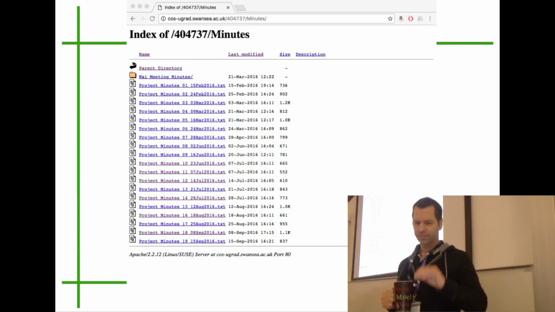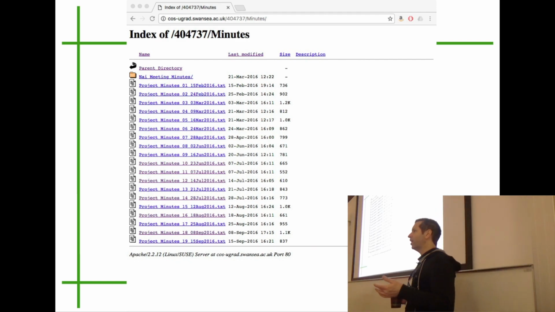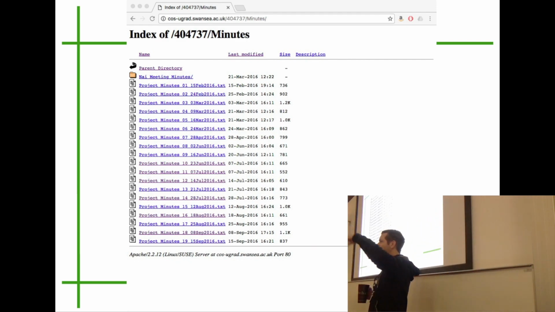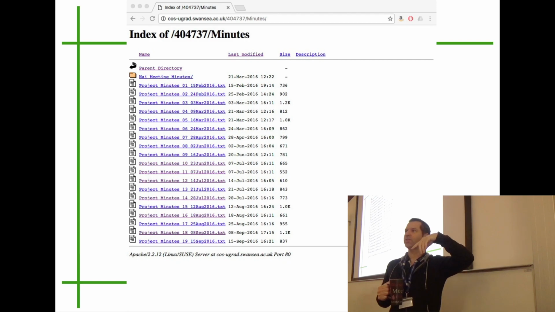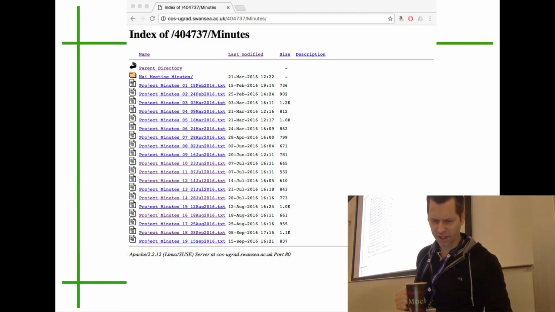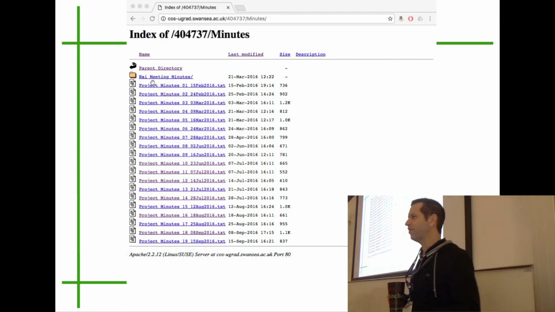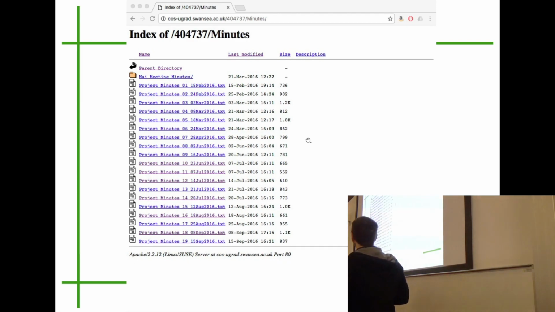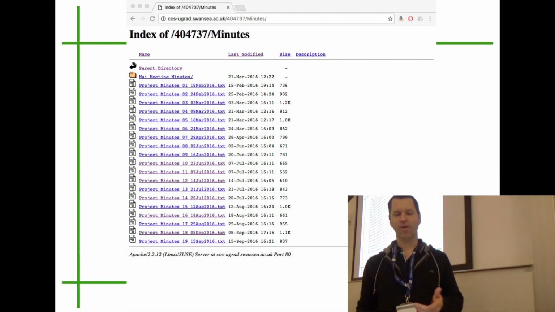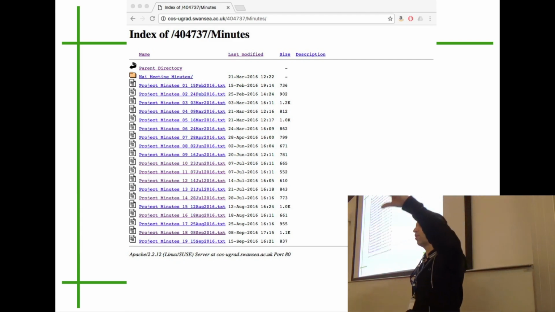That's what a folder could look like with all the minutes of meeting in it. So you have the complete history of a project, with the file names and everything. I've supervised many projects, and I enjoy seeing this list grow.